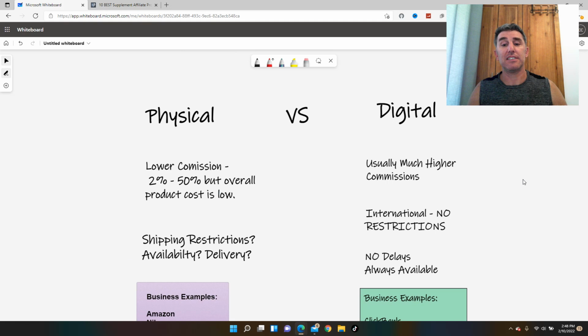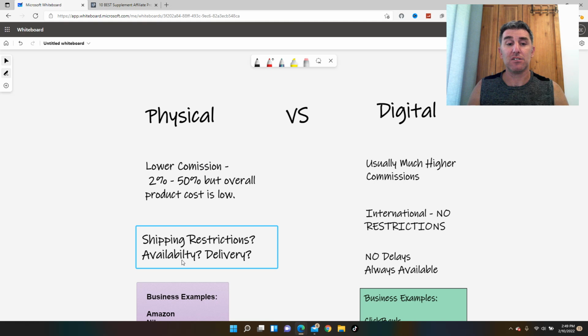Now the digital side is a much higher commission, which is why make money online, forex, stock, education, affiliate programs are much higher, because it is education. You can resell it, you can do a lot with it. Unlike a physical product, where once you have it, it's yours, you use it, and that's it, a digital product you can reuse over and over again, which is a very good thing for us, because we can make it our own. I will talk about that a little bit later.